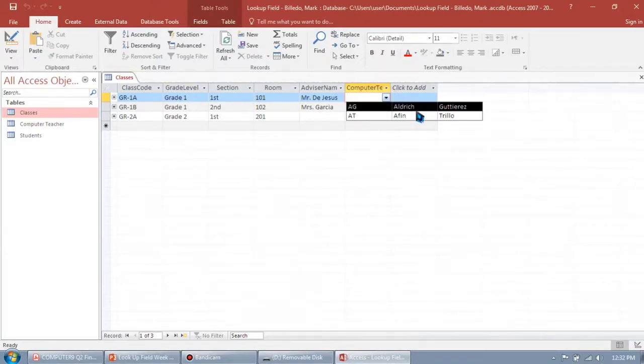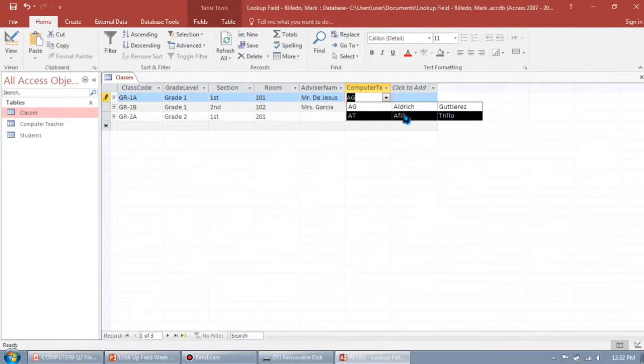Then, magpapakita po yung tatlong column. But if you click on the first column, then ang ilalagay niya lang po is the key column. So that is the co-teacher ID. Now, the purpose of this multiple column list,